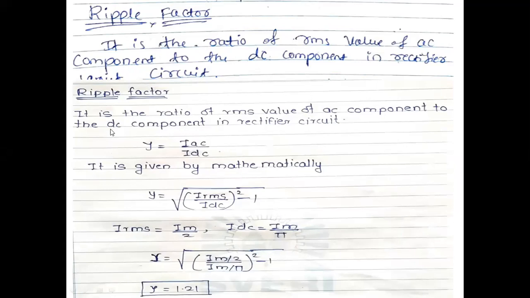This Im by root 2 is nothing but for the AC circuits. Remember, it is for the input. But in the output only two currents are there: some AC alternating current and DC current, because it is not a complete pure DC. It's a pulsating DC here now. Understood?